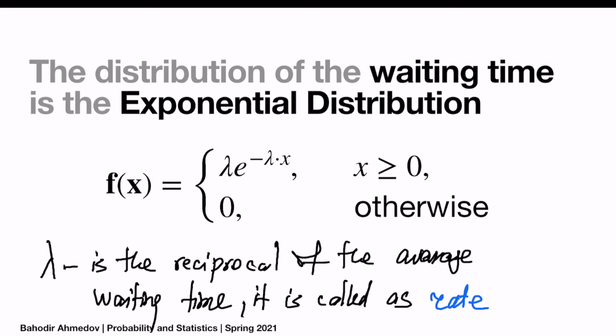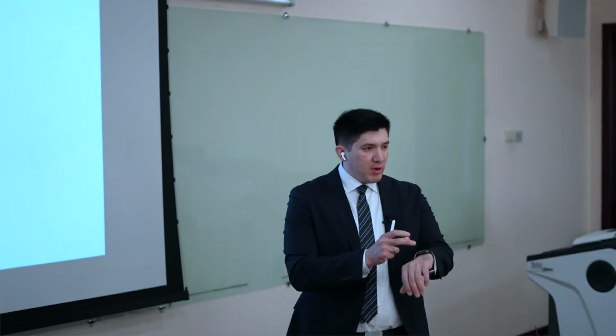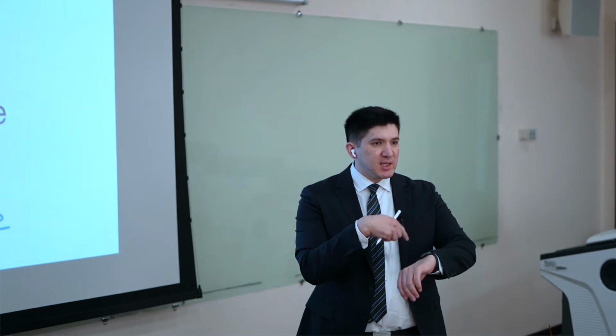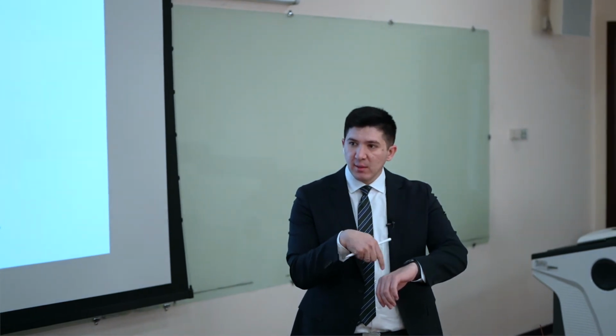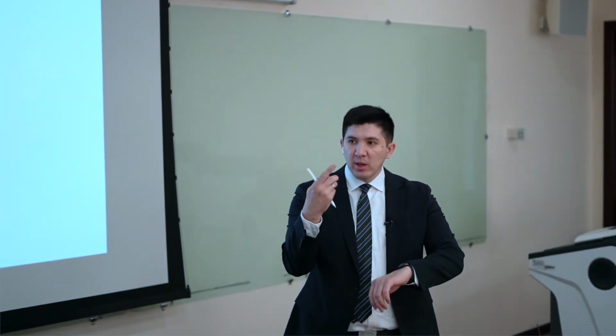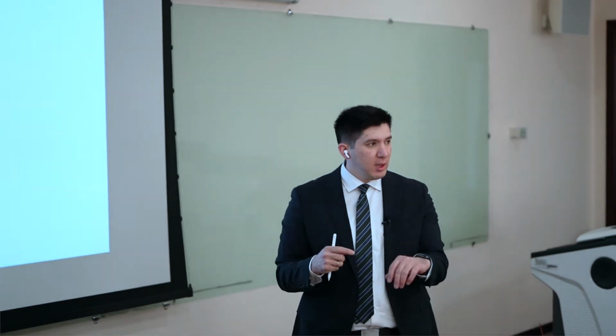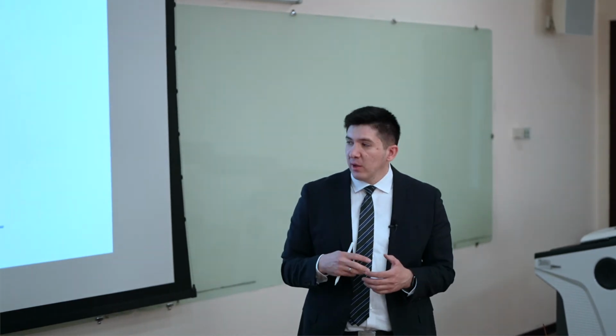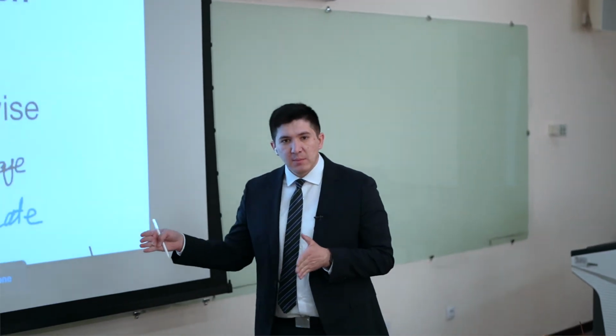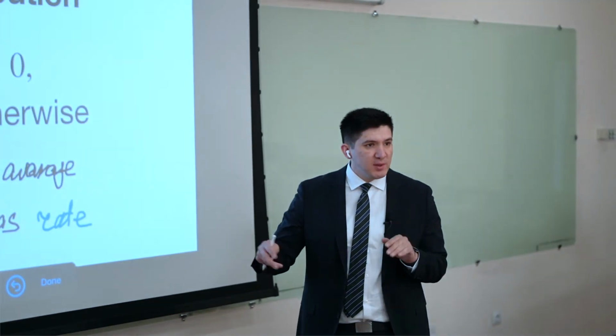Like, do you know what the frequency is, for example? If you've got some clock which rotates 10 times in 1 second, then its frequency is going to be 1 over 10 hertz. This is the same. If there are 10 minutes as an average waiting time, then the lambda is going to be 1